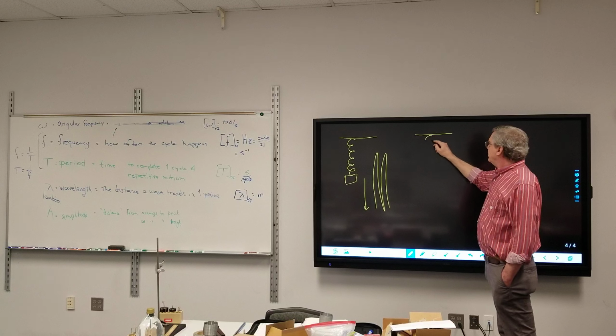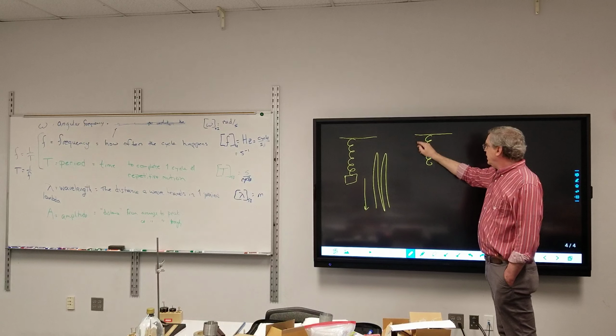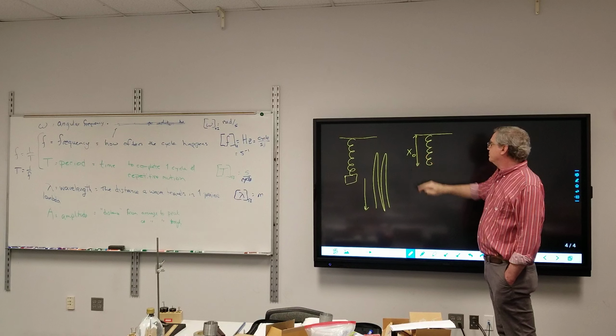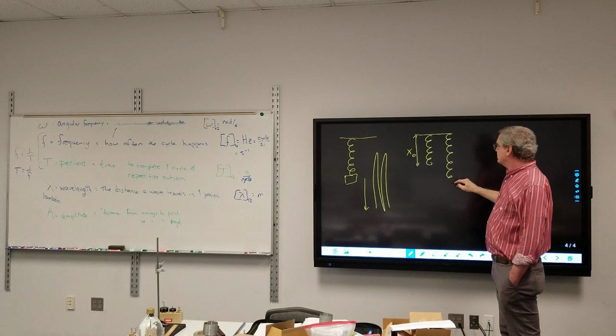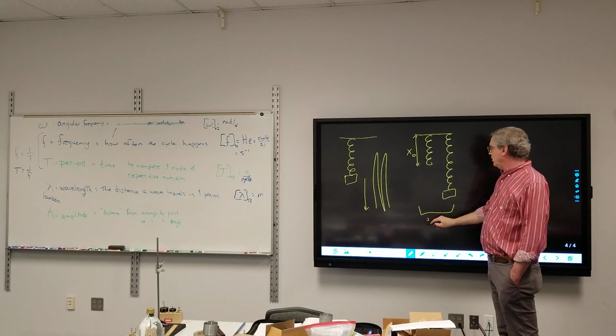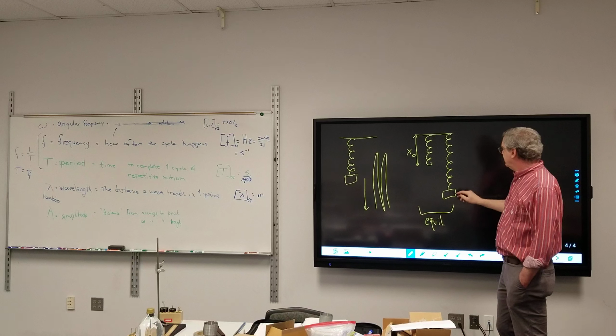So I start out with a coil just sitting there fat, dumb, and happy. It hangs with some initial length, we'll just call it x sub 0. I then attach a mass to it, and I put it into a new equilibrium. So these are both equilibrium. I have some